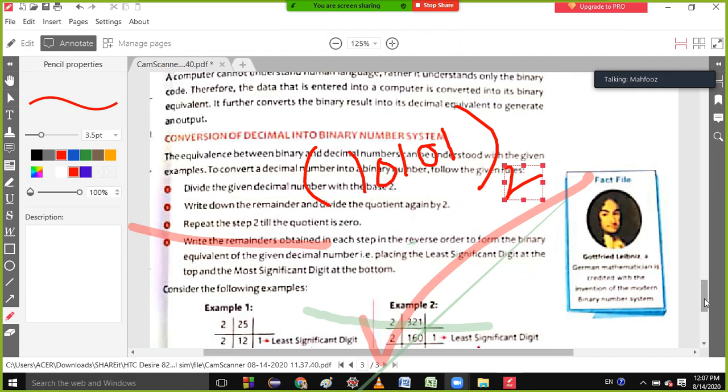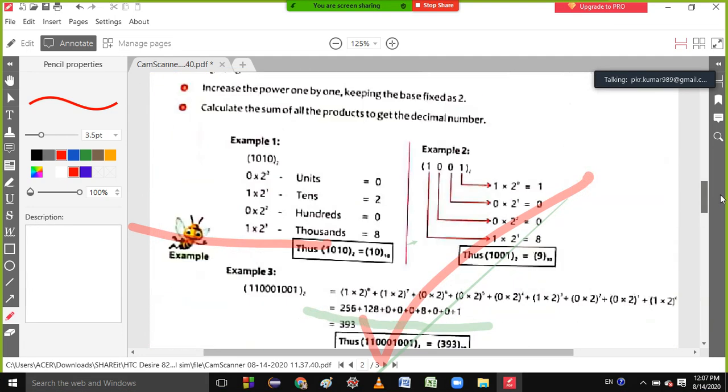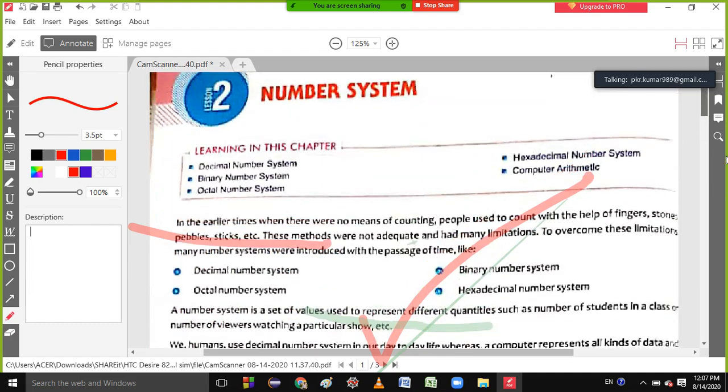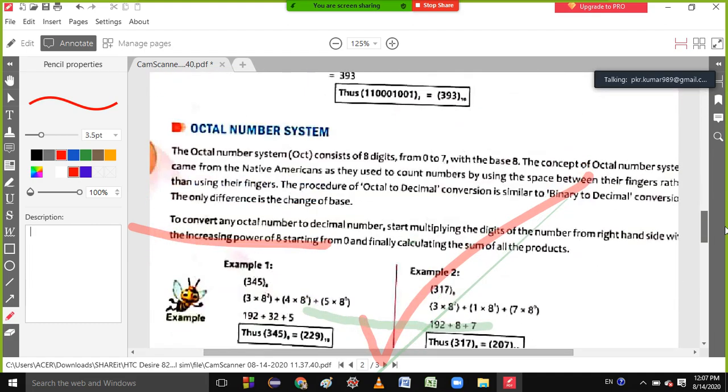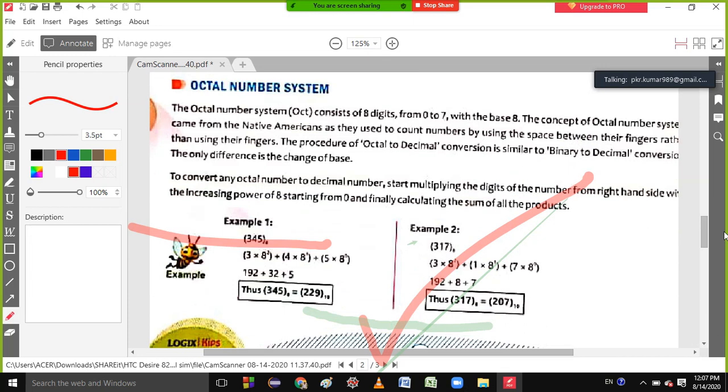Okay students, next come to the octal number. What are octal numbers? Basically, the numbers which are made by 8 digits. Listen very carefully. The numbers which are made by 8 digits are called octal numbers. Which 8 digits? It is made by 0, 1, 2, 3, 4, 5, 6, 7. If you count 0 to 7, it gives 8 digits. So that means it has base 8.